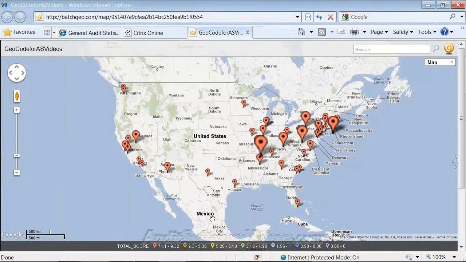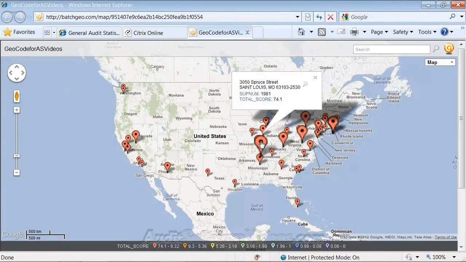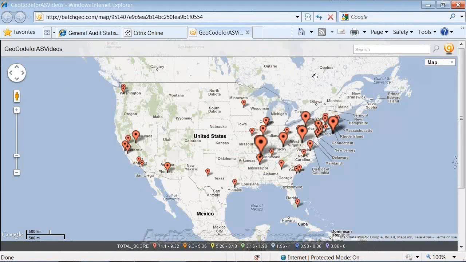You can select any one of the legend points. In this case, I selected red because they're the biggest ones. And it actually highlights not only red ones, but also which ones are bigger than others. The bigger ones, like this one here, should be the 74.1 score, which is the highest score on the legend. So that's something where you can easily highlight certain scores and then just click into them to gain more information about them.